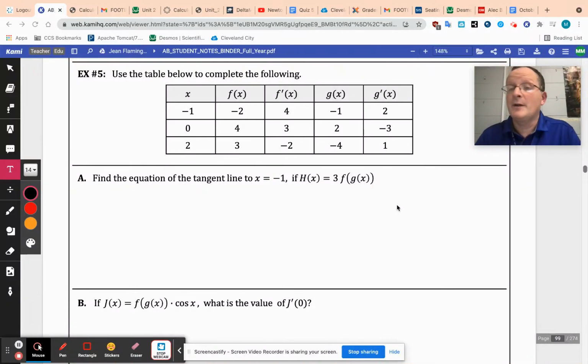Example 5 looks like it came straight off the AP exam. I mean, it really does. It says find the equation of the tangent line to x equals -1 if h of x equals